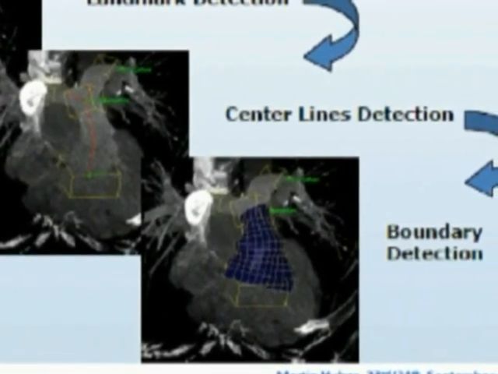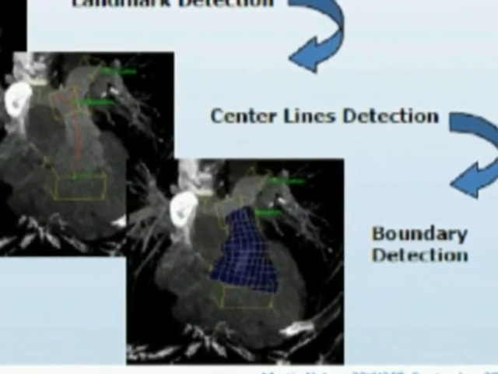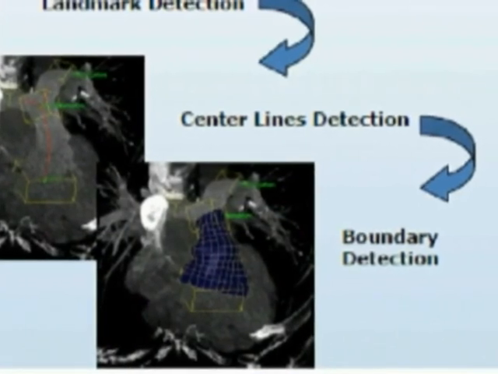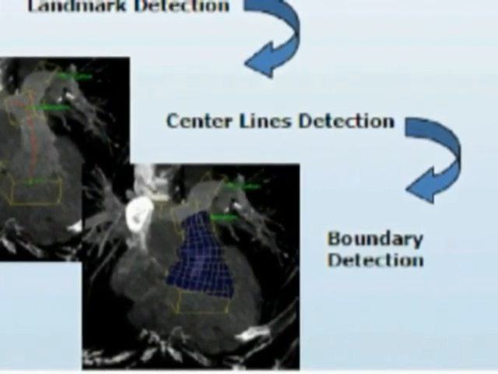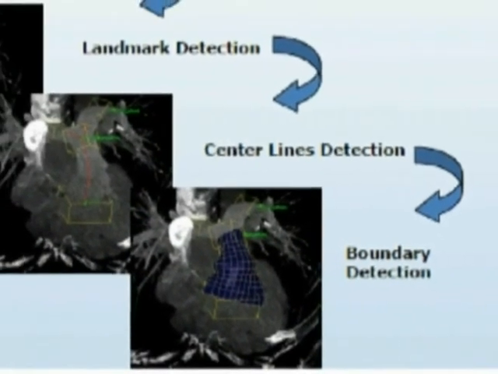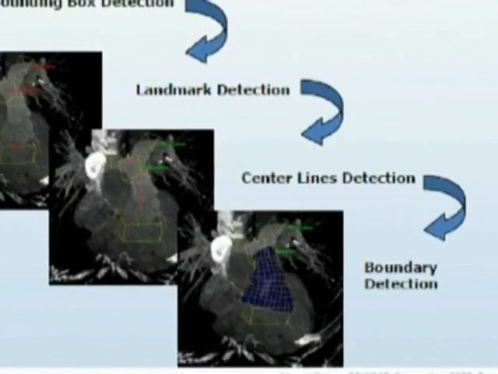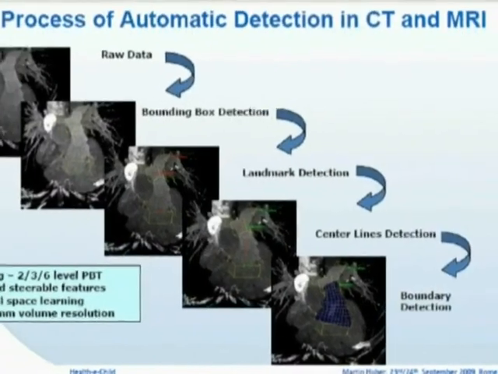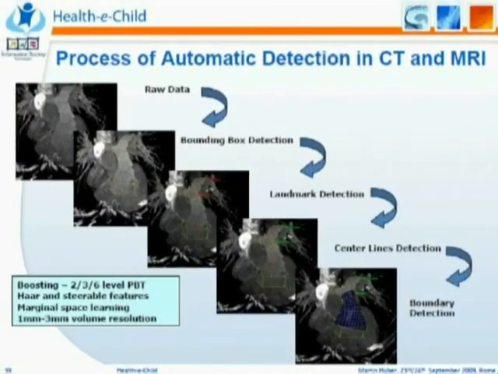So the first thing which we detect is 4 landmarks in this case. Why landmark detection? This is much faster. These are characteristic points. It can be done very fast and very accurately. And typically these are points where clinicians help us because they are characteristic. And in this case it was Andrew Taylor who suggested these 4, and they work pretty well. This goes pretty fast, and then you have the center line in between; in this case, this was specific to the pulmonary trunk. In our other cases, we don't do this step, but here it was beneficial to create a center line between the points. And in the final step, we detect the boundary